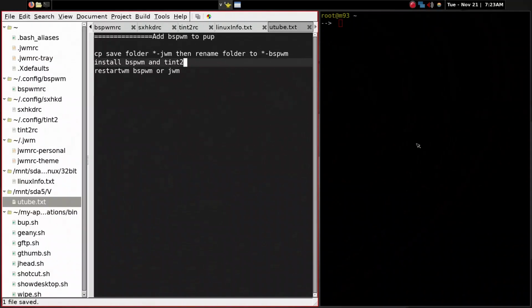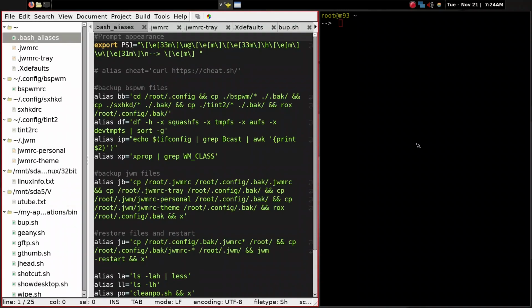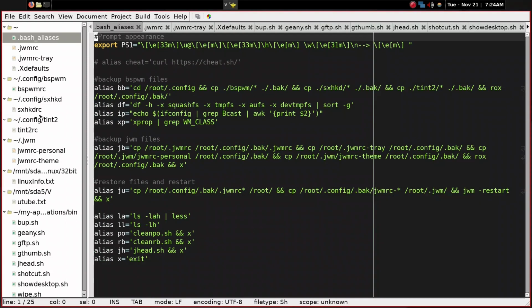So this is how the tiling window manager differs, and I believe that it also uses less RAM on initial boot, but I think that's really not that relevant in Puppy Linux, because in Puppy Linux, whether you are using the tiling window manager or not, everything gets loaded up in RAM except for save folders. So let me just go ahead and close this,